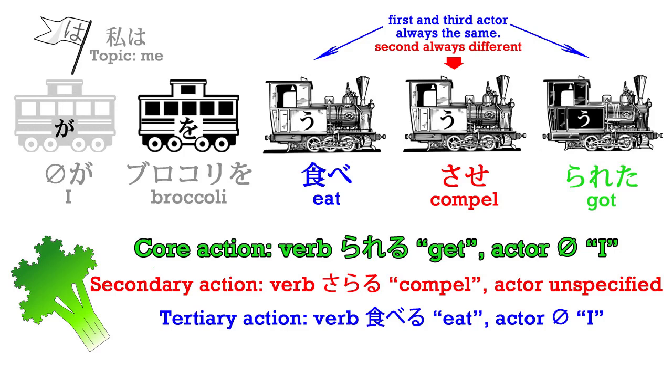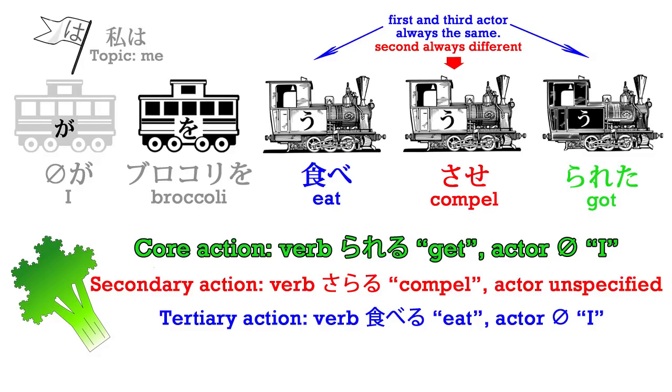So if we have 3 verbs, do we have 3 subjects? No, we have 2 subjects. There are always 2 subjects. And is it difficult to understand what the 2 subjects are going to be? No, it isn't. Because the person receiving and the person eating are always going to be the same. I received being made to eat. I was the one that received being made to eat, and therefore I must have been also the one that ate. So the first verb in the sentence, the verb to which the other 2 are attached, is always going to be performed by the same person as the last verb, the receiving.